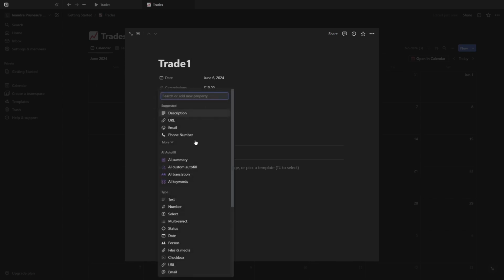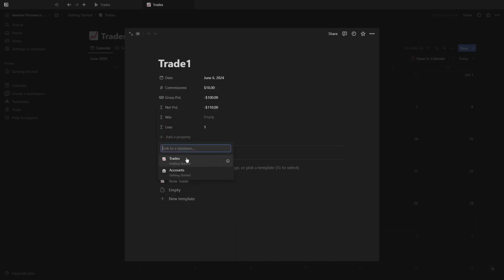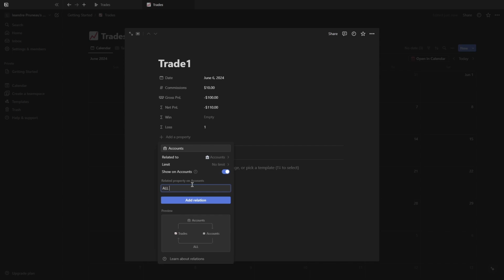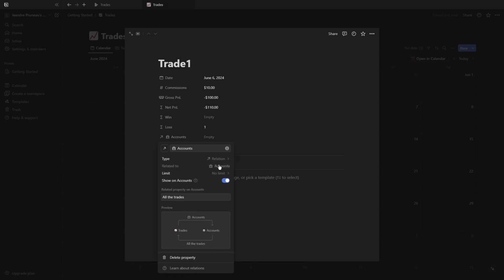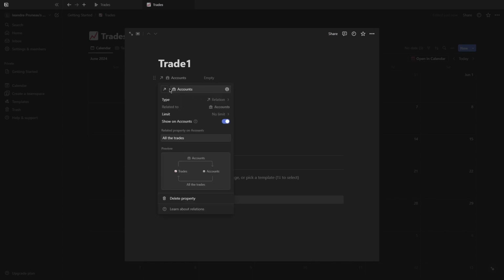So what we're going to do is we're going to add a property, and it's going to be a relation. Down here, relation. We're going to connect the database to the accounts. We're going to show on accounts. We're going to name it all the trades. And we're going to add that relation. Put it to the top. We're going to edit the property. Change the icon to the accounts, and yeah, so just name it one account